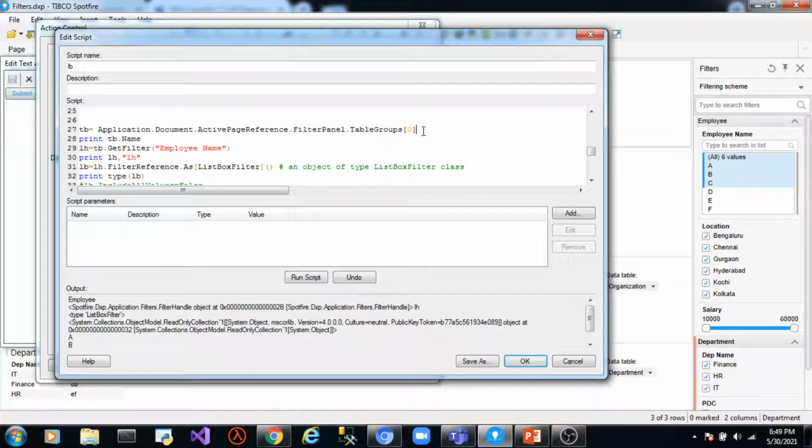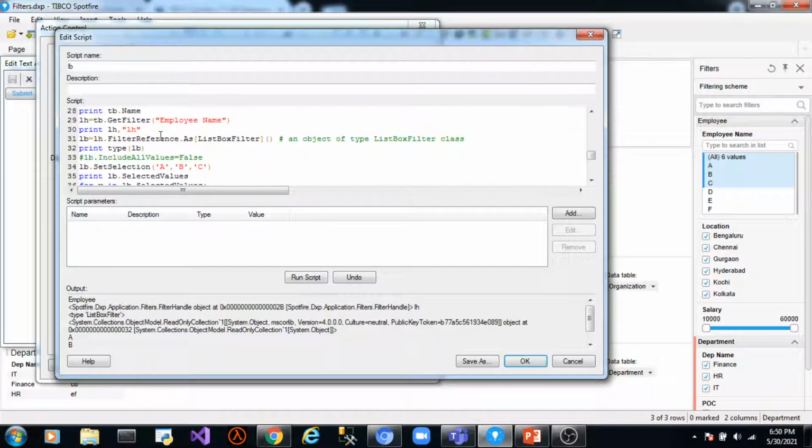First we get an instance of the table group, and then we use the method on that table group object, tb dot get filter, and we pass the name of the filter as an argument. So this returns the handle to the filter employee name, and with this handle we can use this filter reference property as we have used earlier.